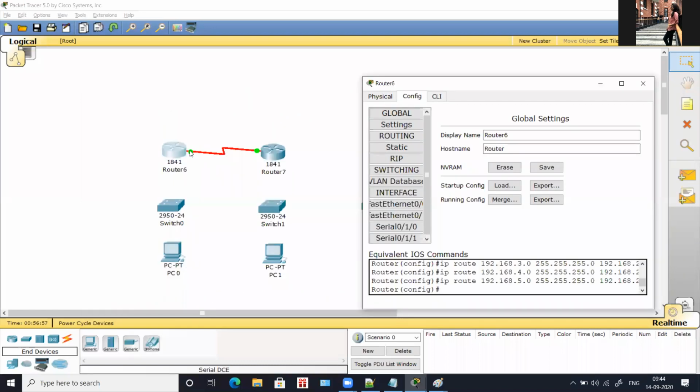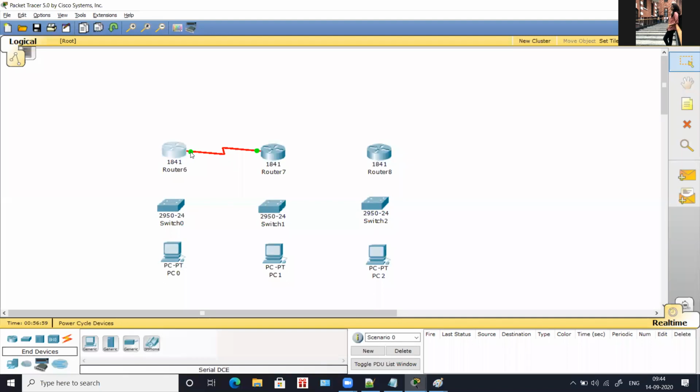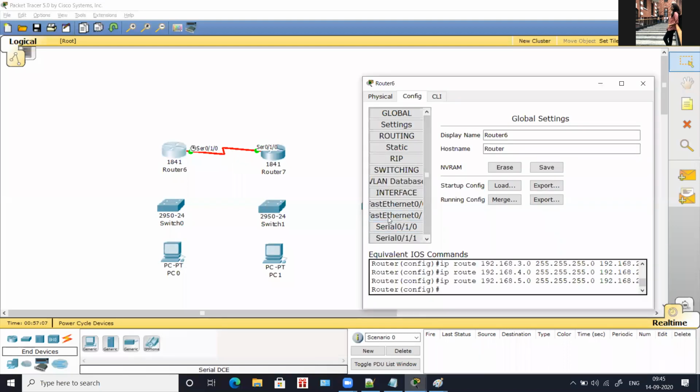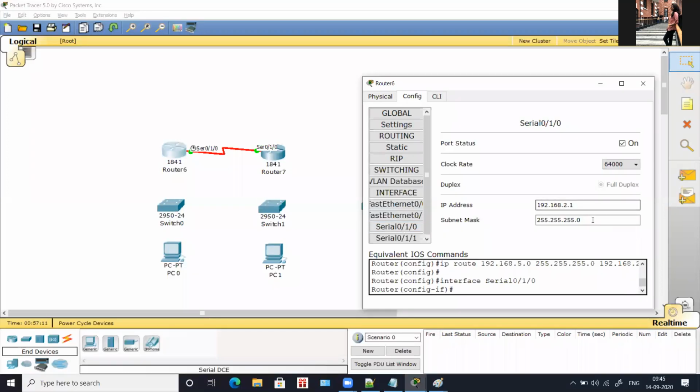This is actually serial 0S. When you keep your mouse pointer here, it will show you serial 0/1/0. So this is the interface for this router. So you have to choose this interface and you have to give the IP. And since you find this clock icon here, we are setting the clock rate to 64,000 and you're turning on your port.